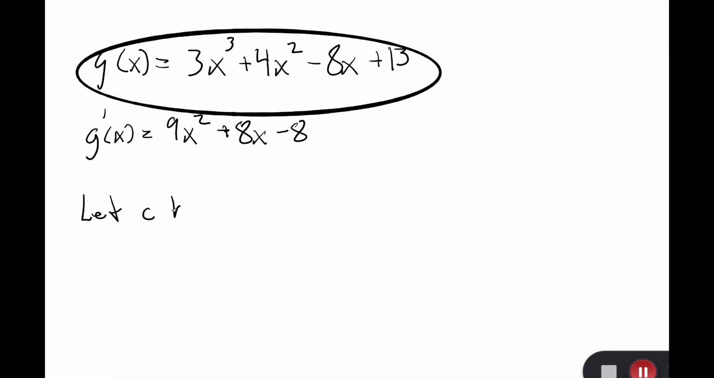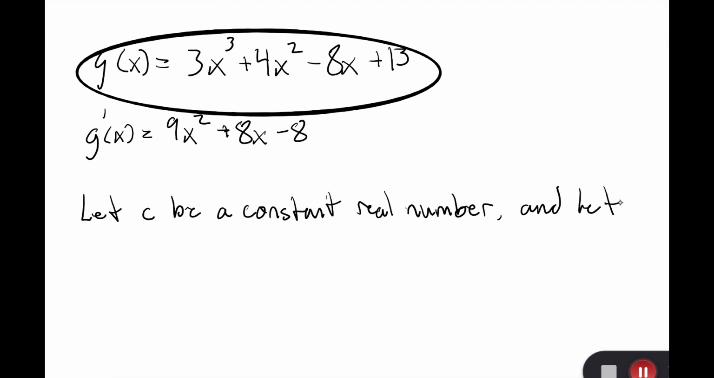If we say, let's see, c be a constant real number, not n, and that f of x equals c, then f prime of x equals 0. Okay, there's a typo in the,